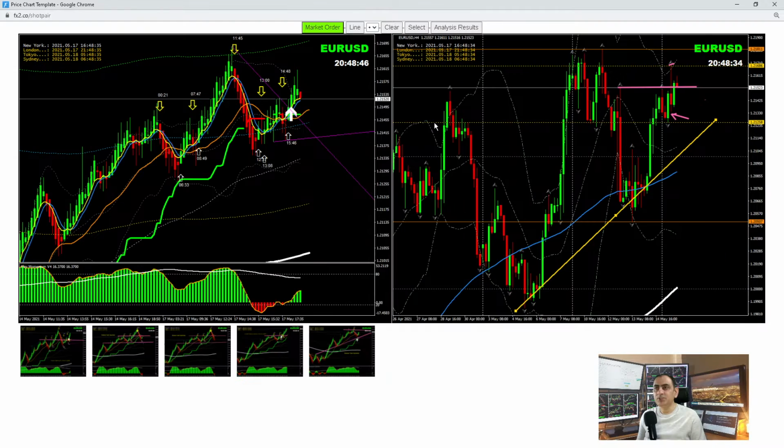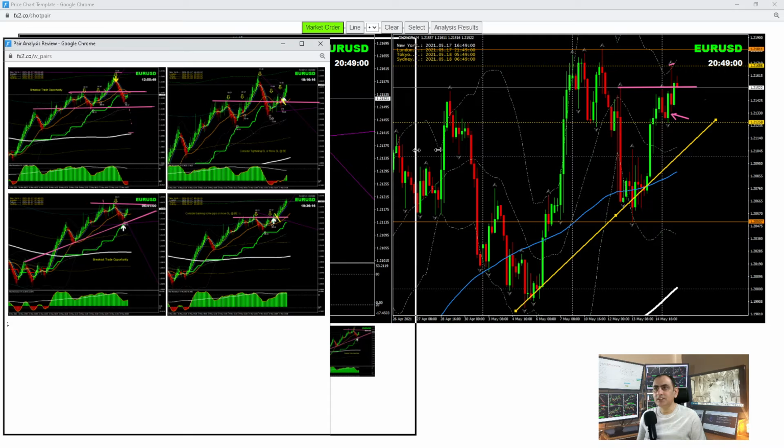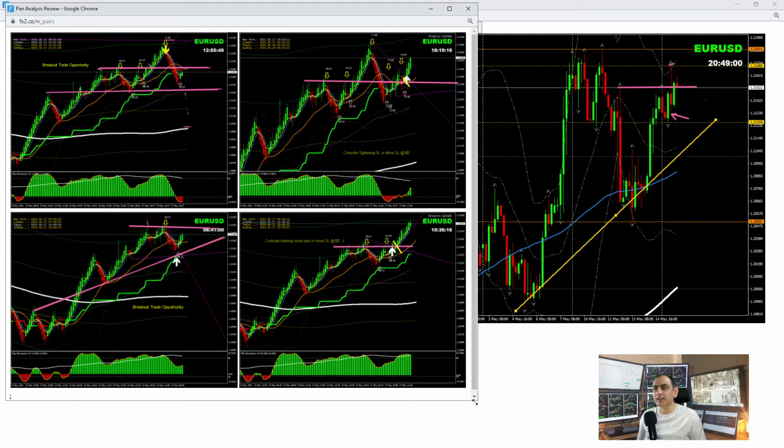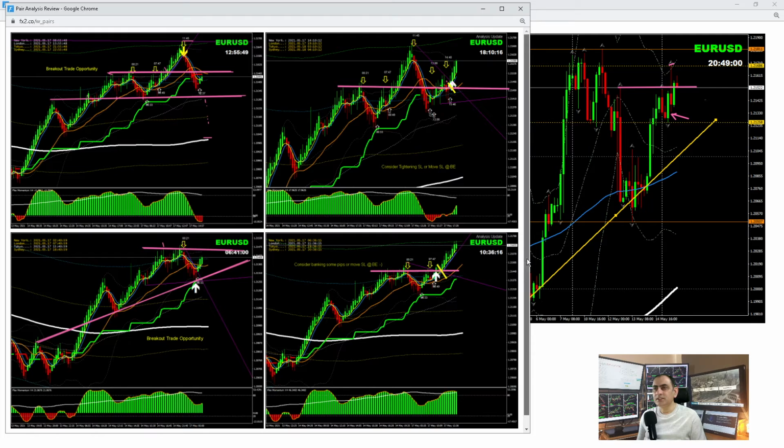So let me share with you guys the analysis. Overall market reaction the whole day was consolidation. We haven't seen any big news. So let me see, you can see here these are the two intraday analyses. This analysis is based on the London morning session, and we had a breakout